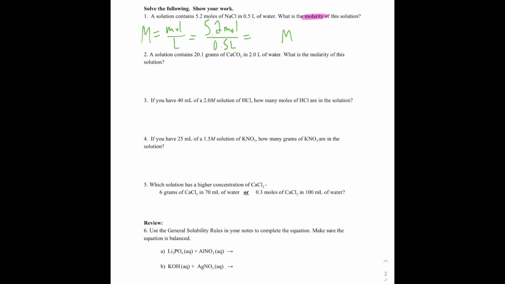But what if we're asked to find one of the inputs? What if we're asked to find either the moles of solute or the volume of solution? Let me give you an example. In number 3 here, we're given milliliters, molarity, and we're asked to find the number of moles of HCl. It's as if I asked a problem, if I want this strength and I want this volume, how many moles of HCl am I going to have to dissolve? Anytime you're given a problem like this where you're asked to find either the moles or the liters, the 2 inputs,